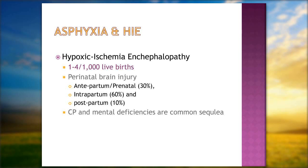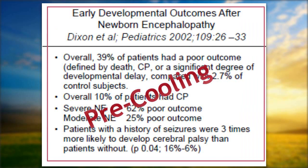And we know, and this is why cooling has come to be, that babies who have these sentinel events right at delivery or near delivery have long-term major problems: mental deficiencies, cerebral palsy, and seizure disorders. And so that's really why we have started cooling in so many units, and really why it's time for that